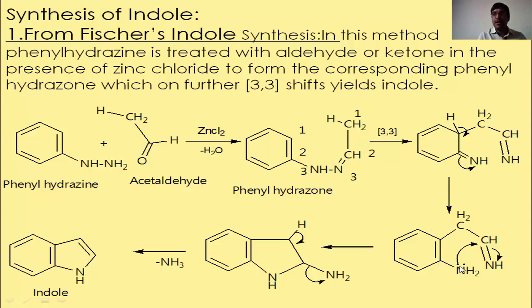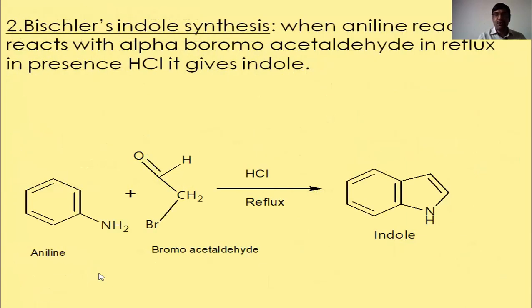This NH2 group attacks the CH positive charge, that is the carbocation, after breaking of this bond. Here we can see this structure. This proton and this NH2 will get liberated with the formation of NH3, and we will get our desired product as indole. The second synthesis of indole is